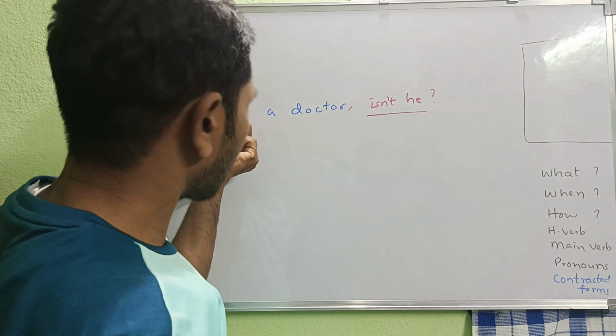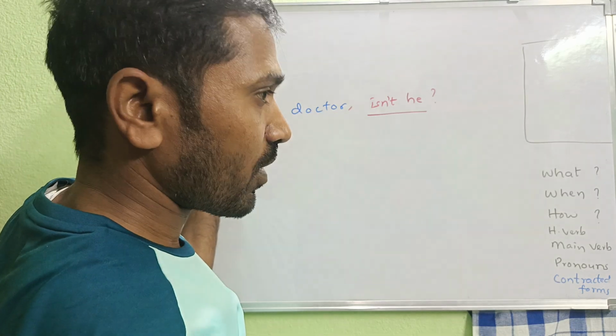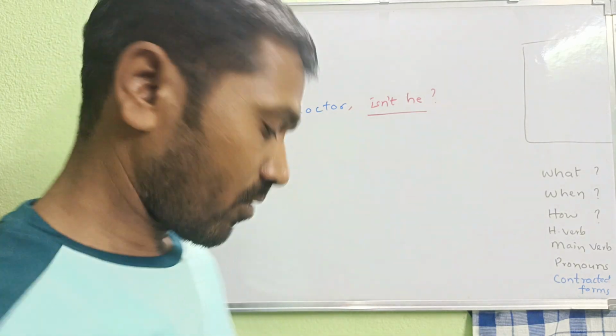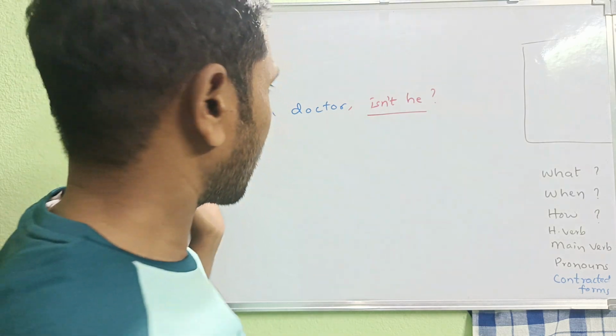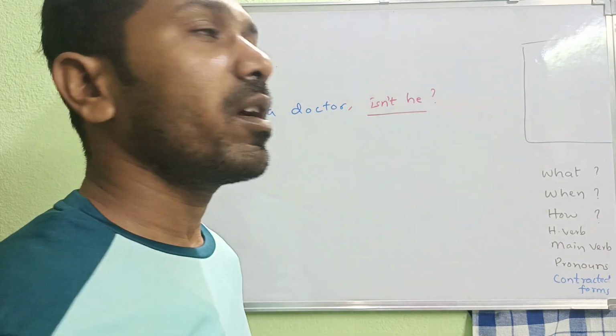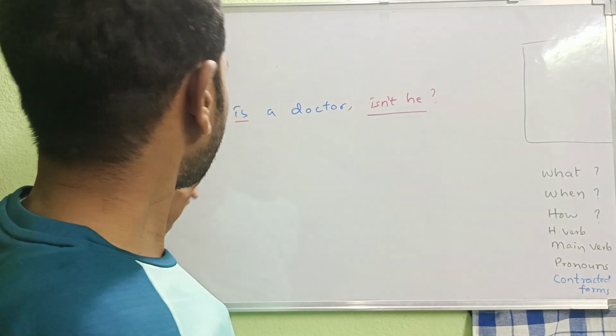What's the first step? First step, we need to find the helping verb. If there is no helping verb, you may get the doubt: then what do we have to do? You need to get help from the do forms. And next,